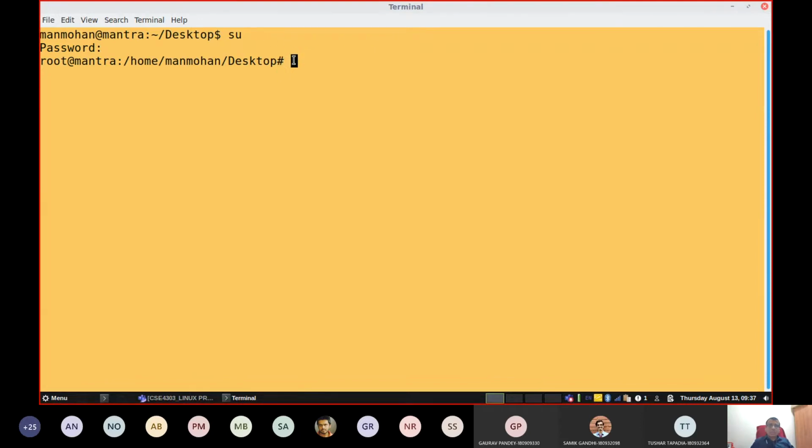The blinking black cursor here is the cursor. Whatever we type from the keyboard will start displaying from that point. This is about getting into the command terminal.